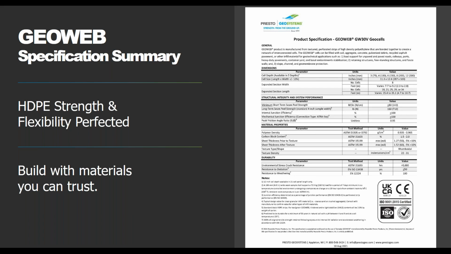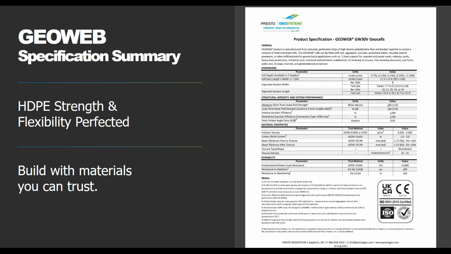So the three primary elements of any geocell system, including the GeoWeb system, include the cell walls, the internal junctions, and the mechanical junctions, which are going to be your connectors. And they all must perform uniformly as a complete system. Therefore, an incremental improvement in one characteristic, such as that cell wall stiffness, is only going to be valuable if a complementary improvement is made in the other components of the system. So if the junctions and the connectors are also made stiffer. That's why you want something like the virgin HDPE, because it's going to be uniform across all of the different components. You're not just focusing on a single aspect.